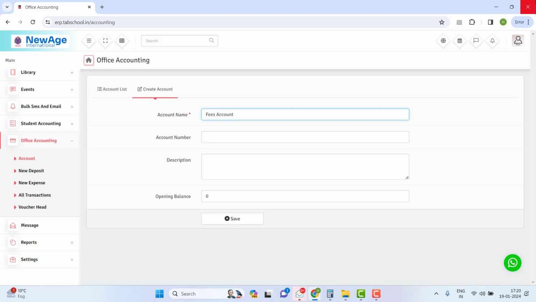What happens is some schools show it as fees that is coming in as fees, or some schools also go by the name of each student. They create an account by the name of each student, so that they can track which student the money is coming from. So let's say I keep the name of a student, which is Manpreet, and the opening balance can be like,